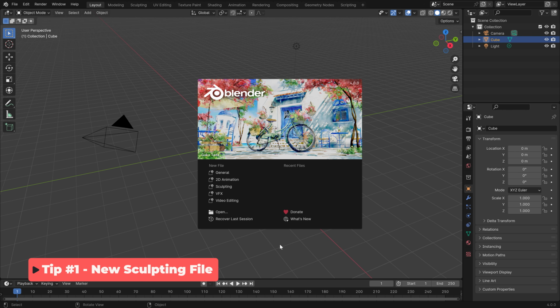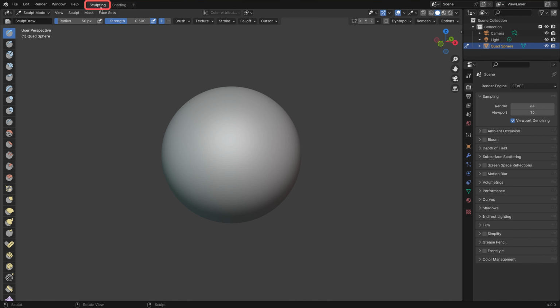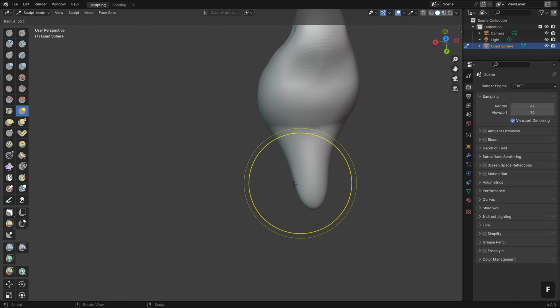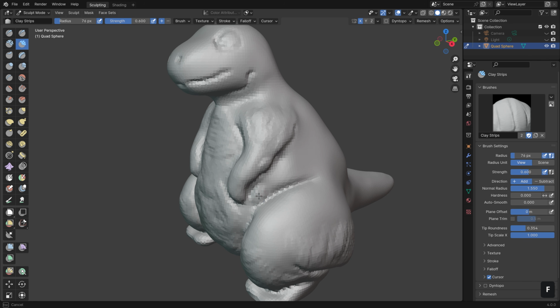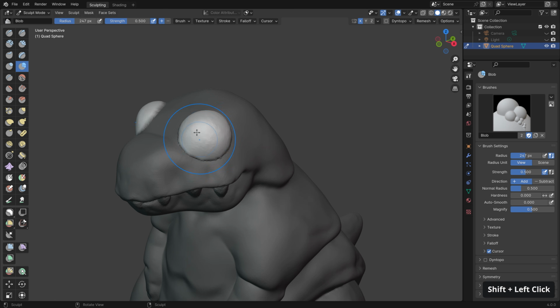To quickly start the sculpting process, you can open a new sculpting file directly here in the splash screen or up here under File, New Sculpting. This brings us straight into the sculpting workspace with sculpt mode enabled, and instead of the default cube we get this nice subdivided sphere. That means we can start sculpting right away and maybe challenge us to create something just out of the sphere, and maybe recreating this little sketch I did the other day,